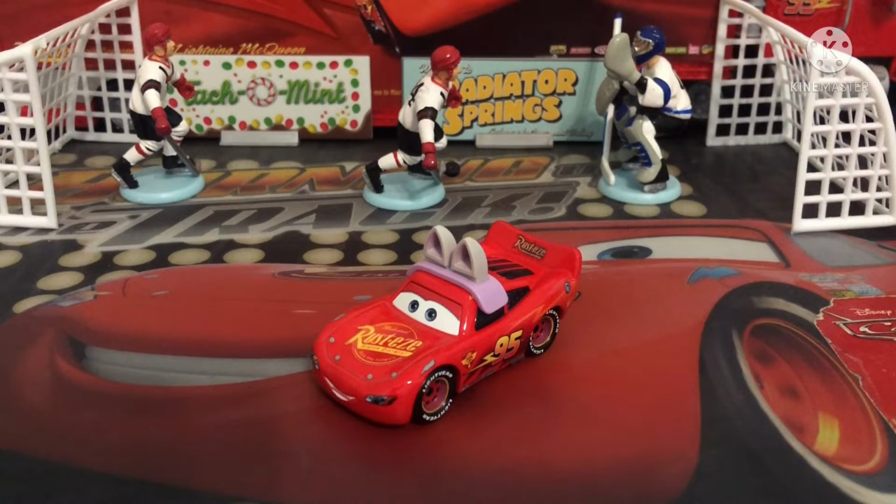So, talking about his releases now. He was released this year in 2021 Singles Case D, along with a re-release of the Easter Buggy. And there were two of him, so he'll probably end up being a little rare, but compared to others where they have only been released in one case and never re-included, I think this guy will become not as rare as those guys. Since there were two in a case, but he was not reissued in any other cases,